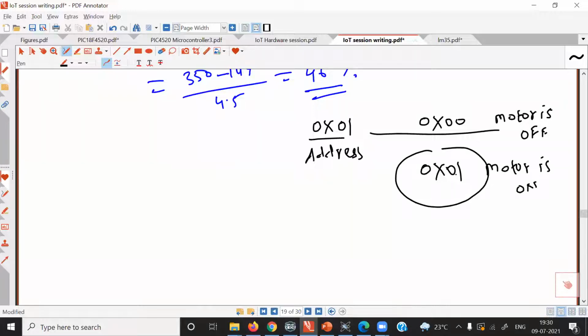So when system will restart after availability of the power, at the beginning you read data from EEPROM memory, and which location now? In this case 0x01. If this data is 0x01, it implies that when power goes off, that time motor was on. So with the help of program, you switch on the water pump. And if data is 0x00 in this location, it means that when power goes off, that time also motor was in off condition. Don't do anything. So that's the thing. So this way we can use EEPROM. So there are number of ways to use this EEPROM.